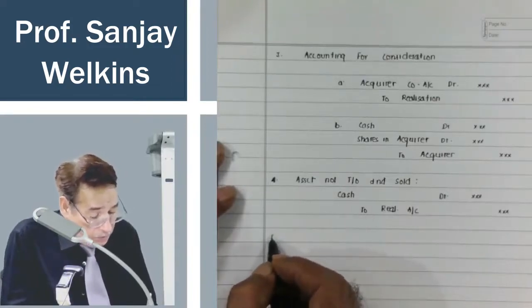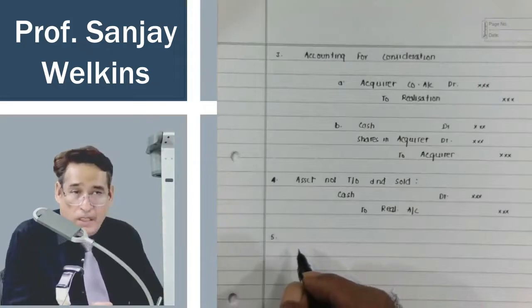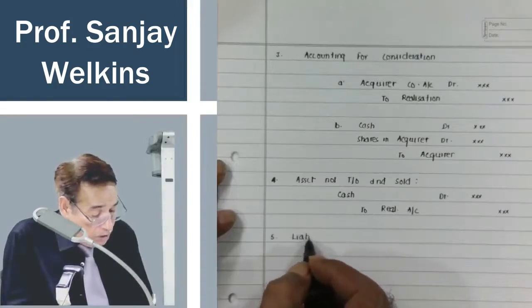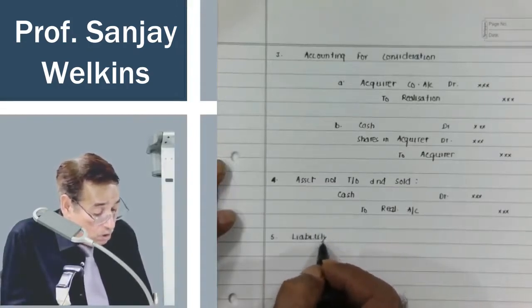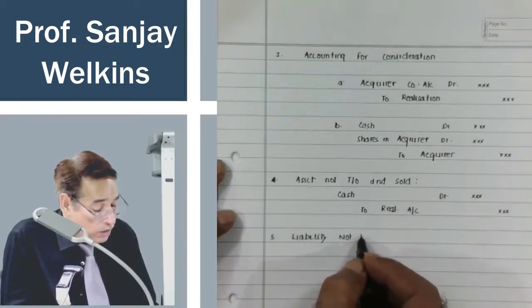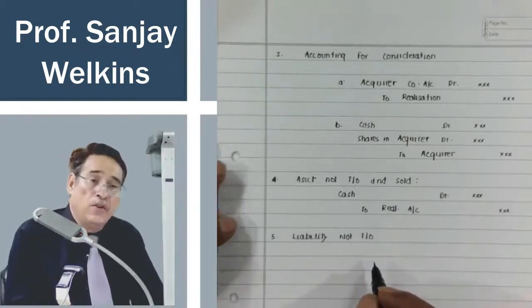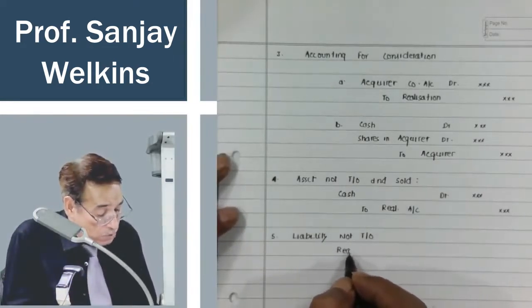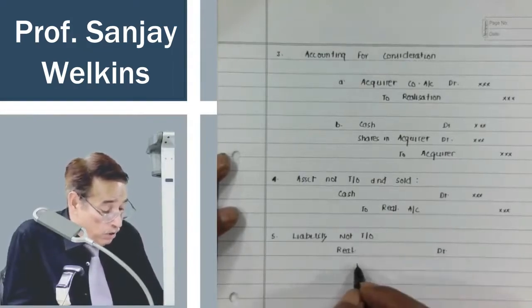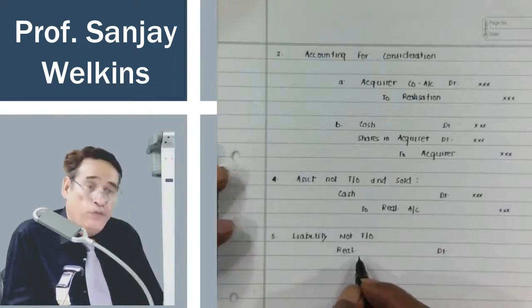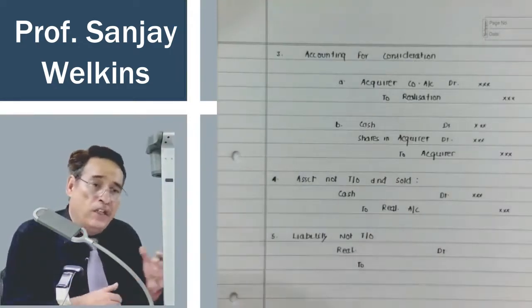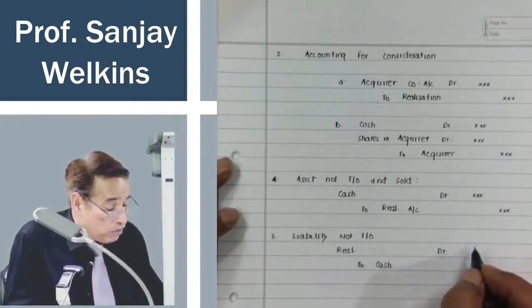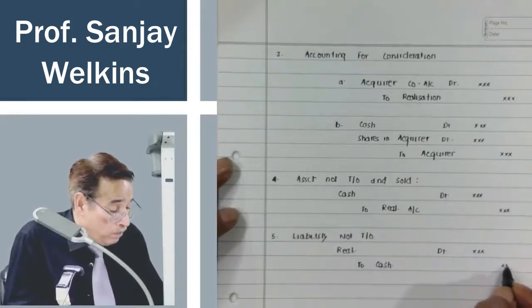Similarly, I will talk about liability. If there is any liability not taken over, then you will discharge the same. If purchasing unit hasn't taken over any of your liability, so it is your duty to discharge that particular liability. So your entry will be realization account debit. Don't write liability account debit, because we have already closed our liabilities by transferring them to the credit side of realization account. Realization account debit to cash account. This will be our entry. Correct?